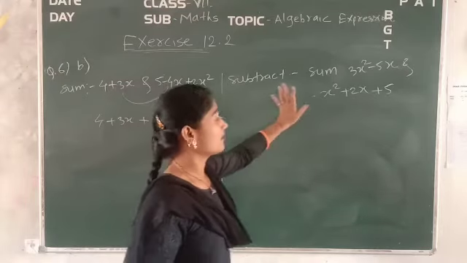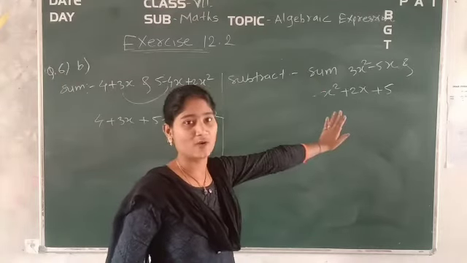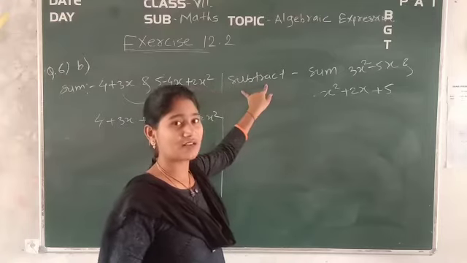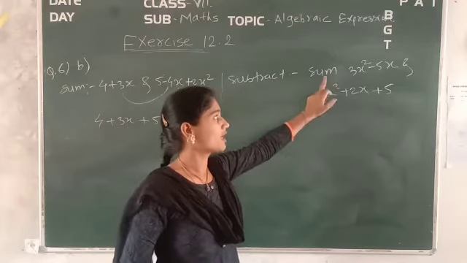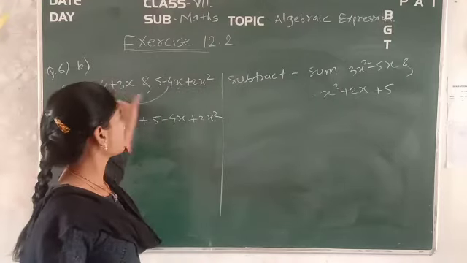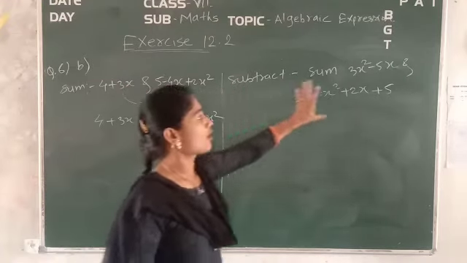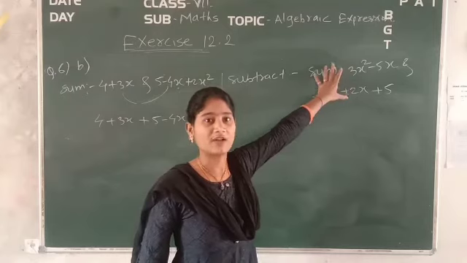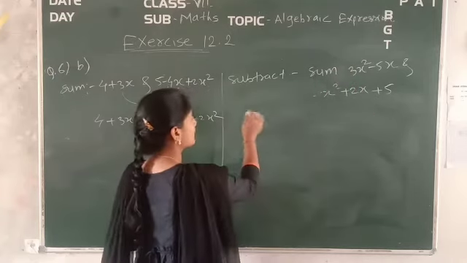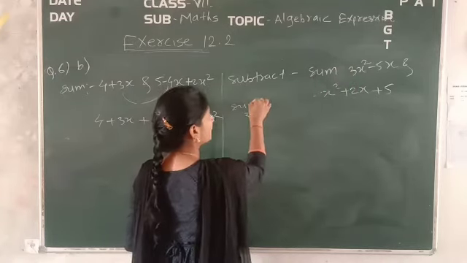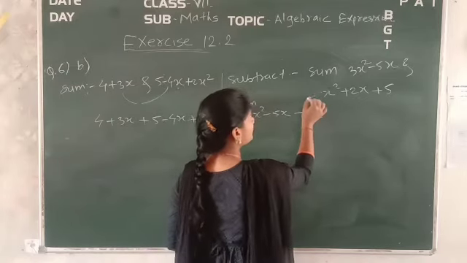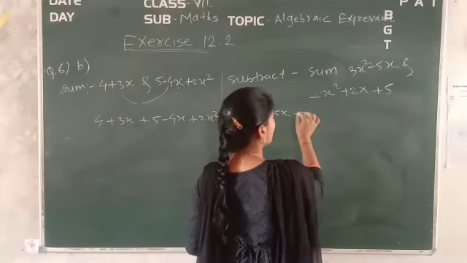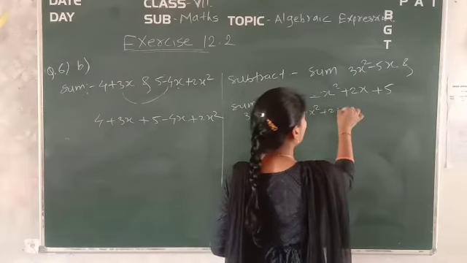Okay, second, you have to solve this side also. Why? Because they have given you subtraction, but before subtraction they are saying addition. It means sum. Okay, it means in the same way whatever sum you are doing with these two terms, the same you have to do with these two terms. Find the sum of these two numbers, that is sum of 3x square minus 5x plus, into minus, it will be the same sign, that is minus x square plus 2x plus 5.